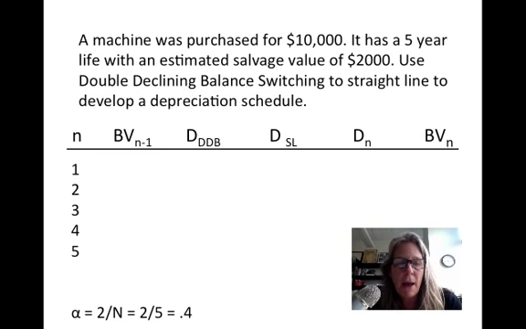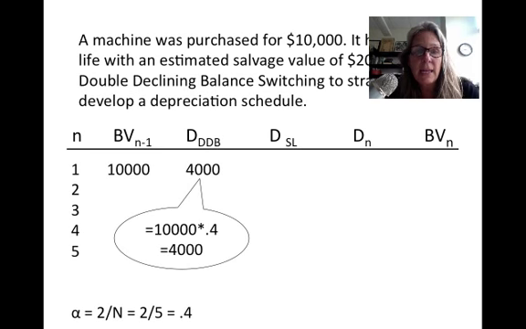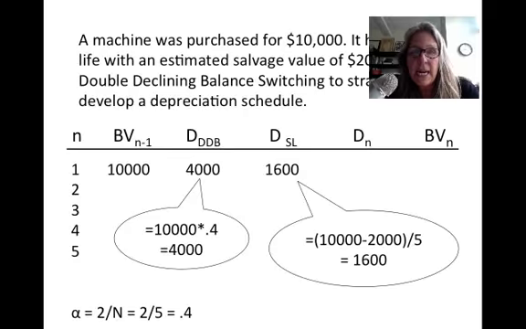Again, we're using alpha of 0.4, which is 2 over n, and it's still a 5-year life. I have the same table set up. In this case, I have a $10,000 initial value. We take 0.4 times 10,000 to get the double declining balance value. And then to get this one, we take the initial investment of 10,000 minus the salvage value of 2,000 divided by 5, which is 1,600. We choose the larger value, and then we